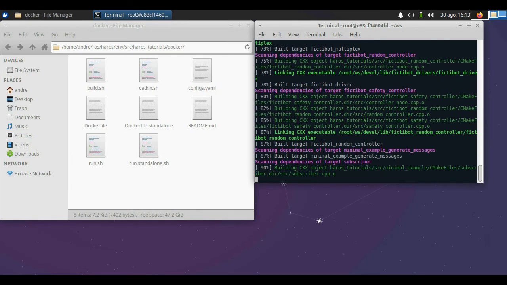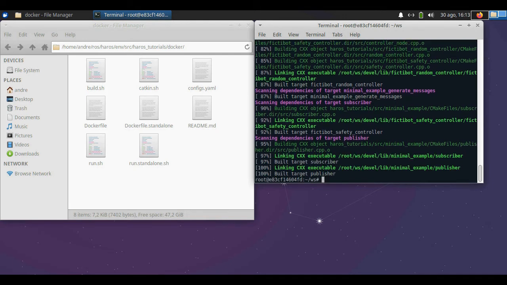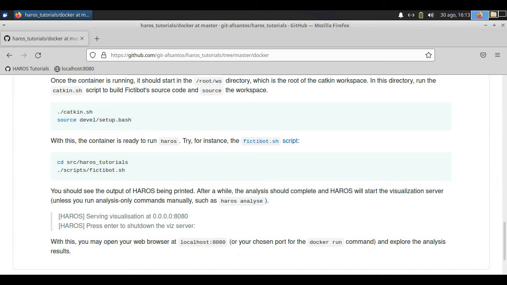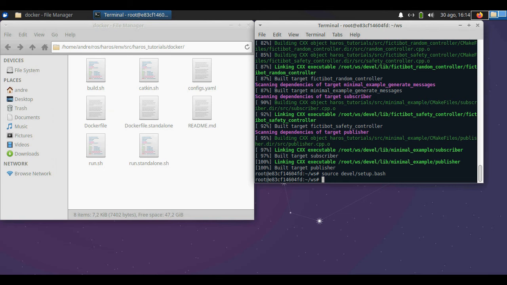Shouldn't take too long because the code is rather small. Alright, now that it's done, we're going to source the workspace as is usual in ROS environments. And now we should navigate to the repository within this workspace and then try out the first script to see if everything is working as expected.